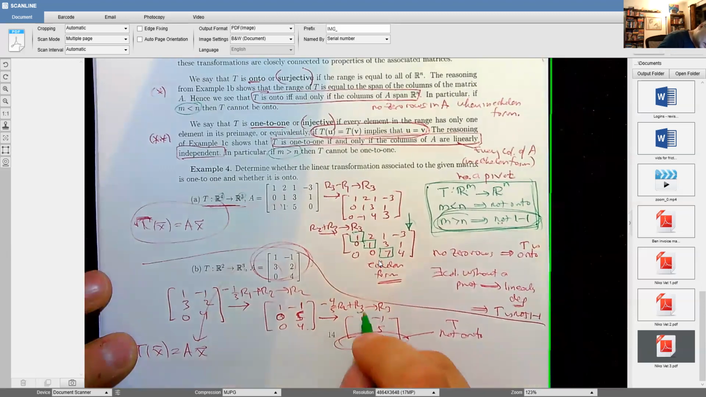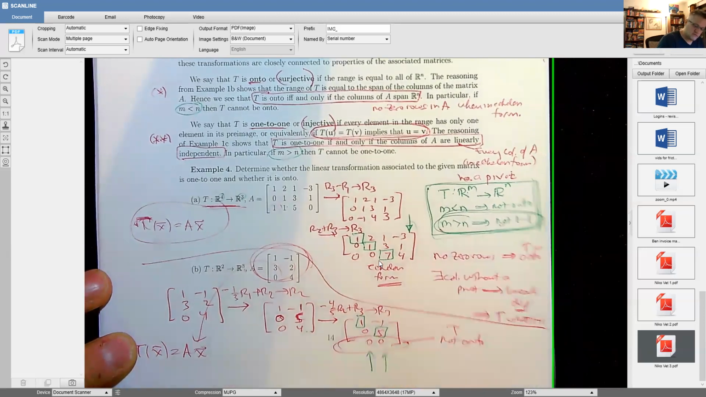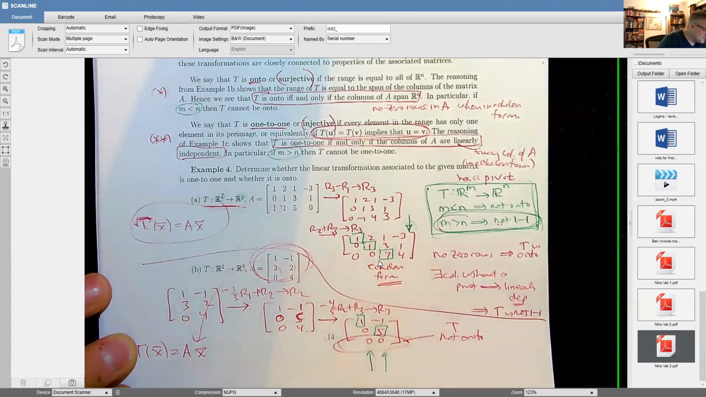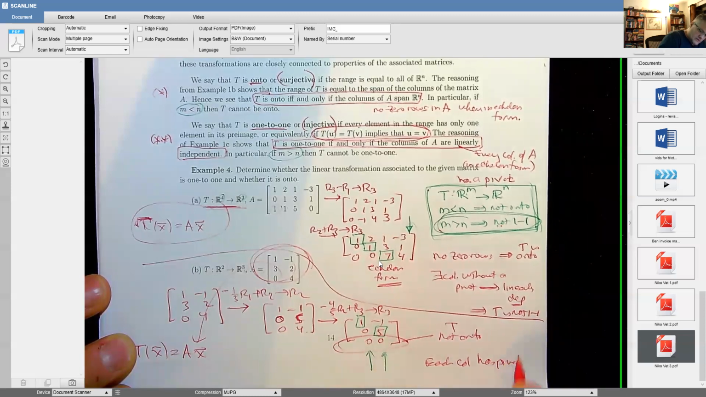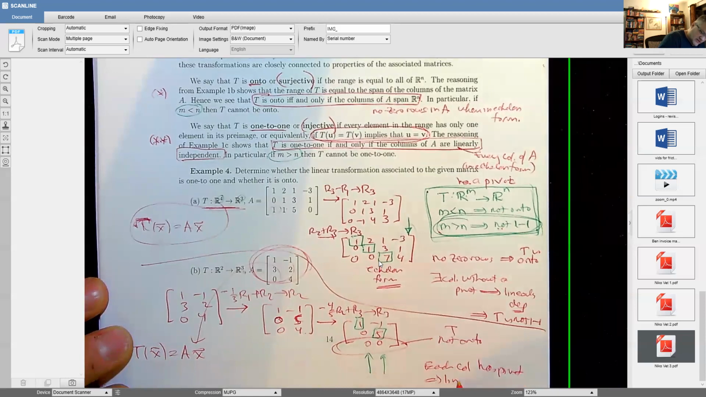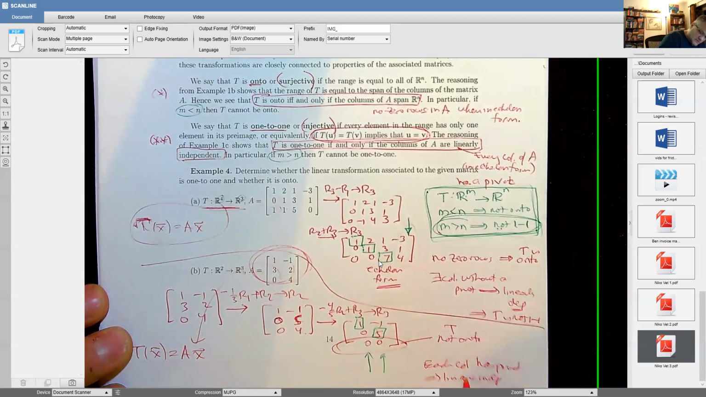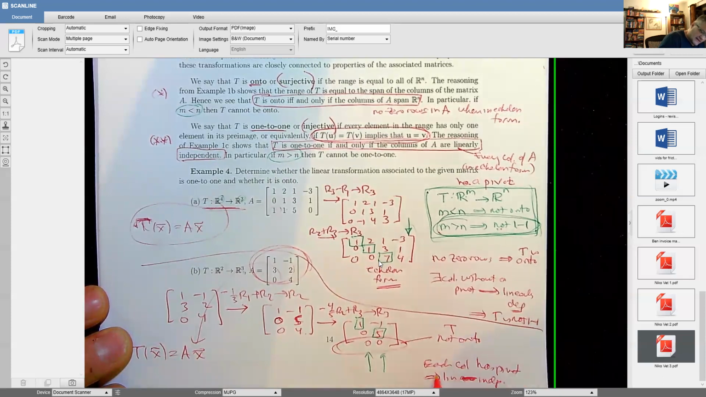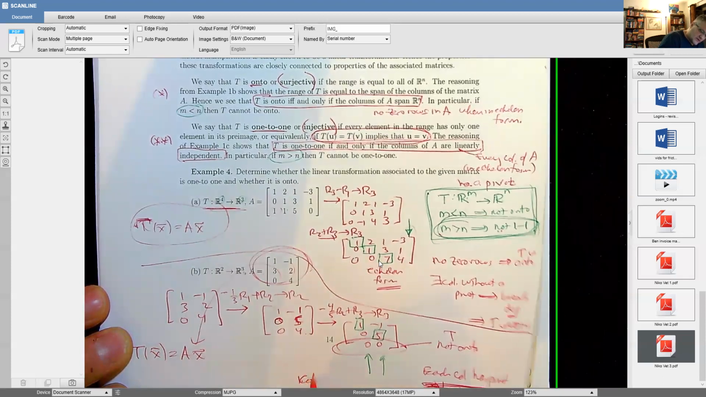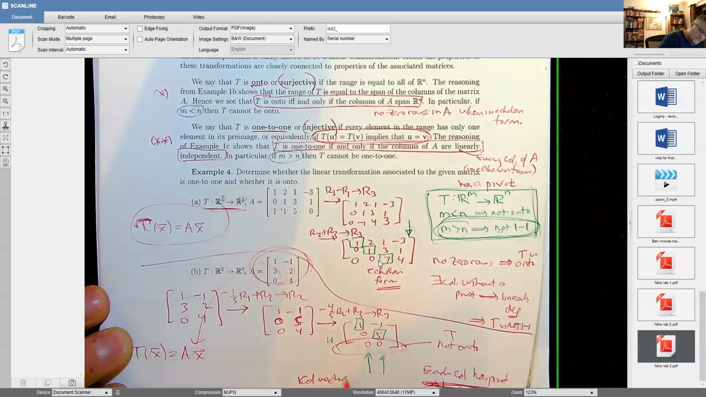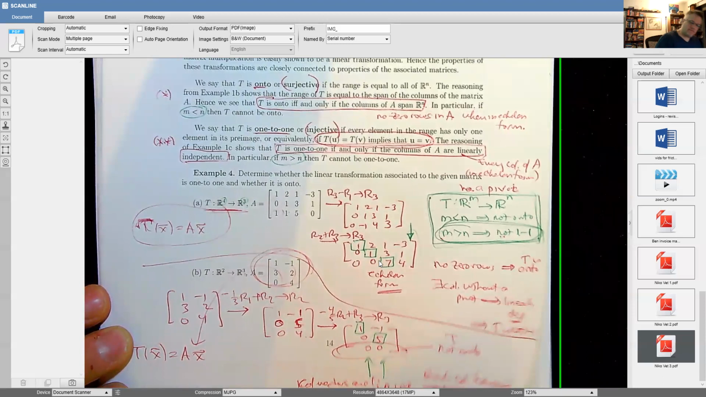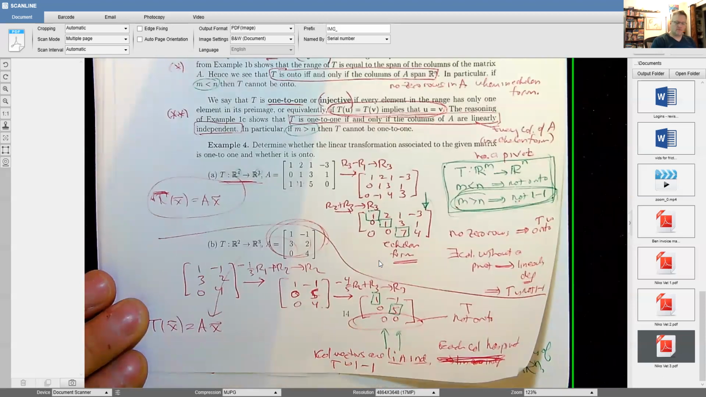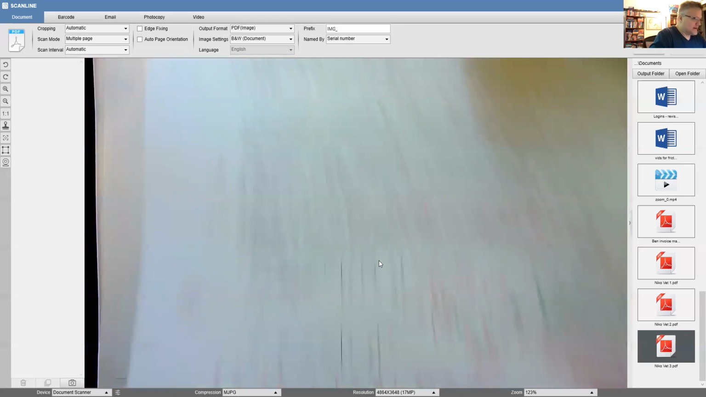However, every column has a pivot, right? So if every column has a pivot, we know the column vectors are linearly independent. Whoops. That's sloppy. Right, so the column vectors are linearly independent. And that means that T is 1 to 1. Okay. All right, and then the final one there